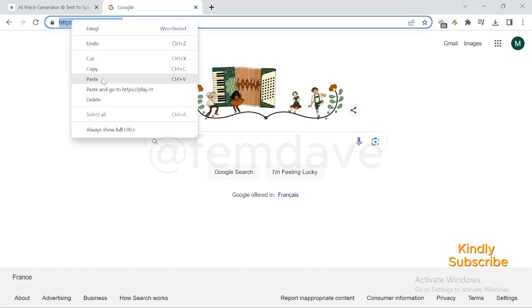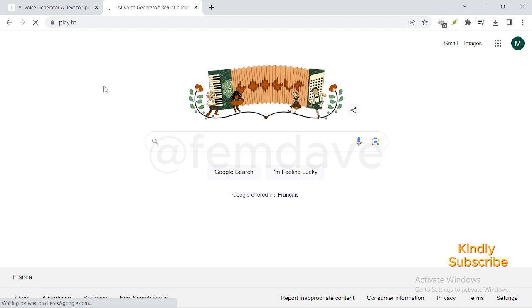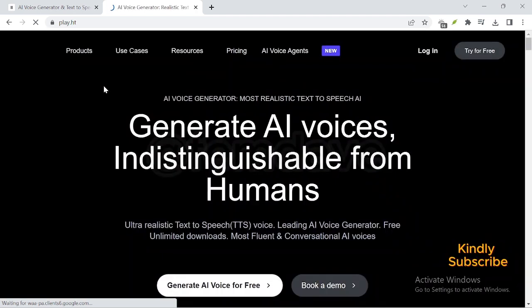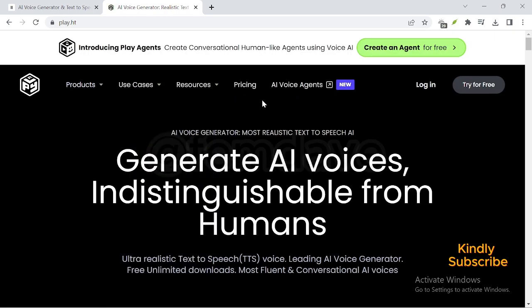Let me just paste it here now. With this website, I'm going to clone the 11 Labs voice, and it's going to sound exactly like 11 Labs. One thing I like about this site: I actually just started using it, but if you have used the site before, you can give me a review. I'm just starting to use it, and I really love it because